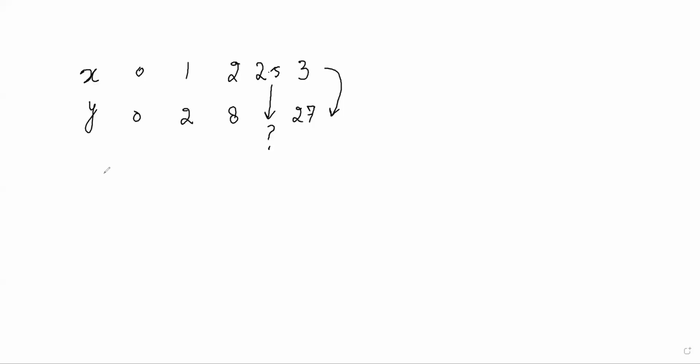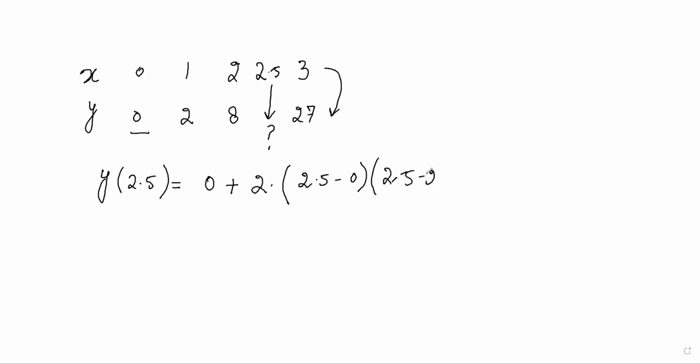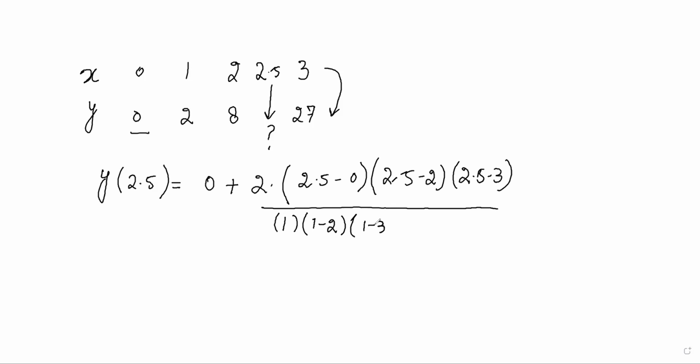Now we had started with the Lagrangian interpolation, and let me write it down now. At x is equal to 2.5, our y1 is 0, so the entire first term is 0, plus y2 multiplied by x minus x1, that is 2.5 minus 0, multiplied by x minus x3, that is 2.5 minus 2, and x minus x4, that is 2.5 minus 3, whole divided by x2 minus x1, which is 1, multiplied by x2 minus x3, that is 1 minus 2, and x2 minus x4, that is 1 minus 3, plus